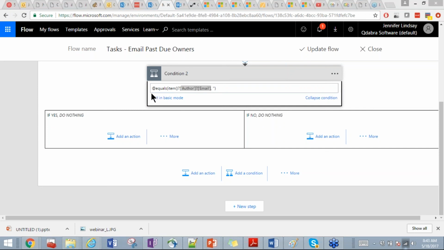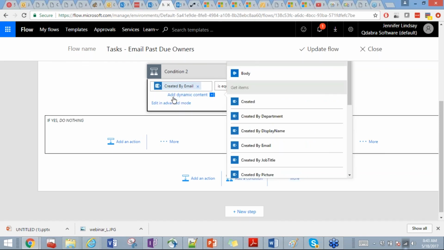Okay, what is add dynamic content in the email form? Add dynamic content, Paul, is, let me go back to basic mode. Whenever you see add dynamic content, that means access any of the columns that are in the list or any of the promoted properties in the InfoPath form library. So you can access any of those properties for whatever current item the workflow is running on. That's what dynamic content means. And it's dynamic because the values for those columns will be different for each item in the list or each form in the library.